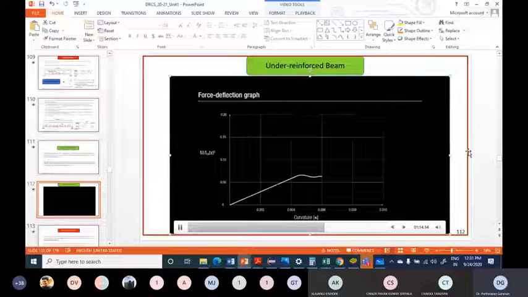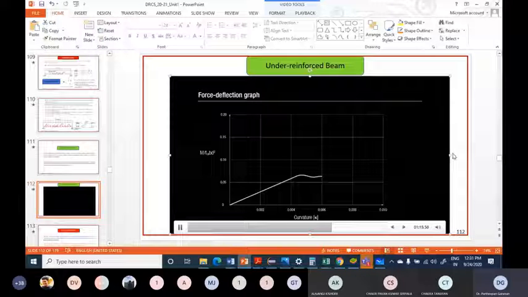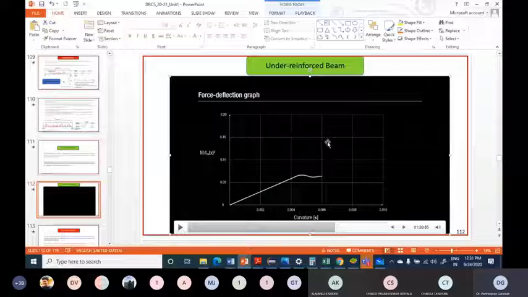The graph initially shows a linear relationship between applied load and vertical displacement in its span. This is the under-reinforced section, where you can very clearly see the crack developing first and propagating towards the neutral axis. So you have sufficient warning to rectify your structure.